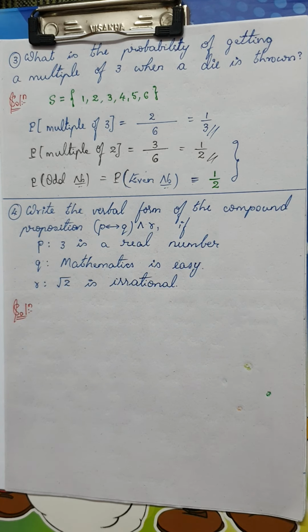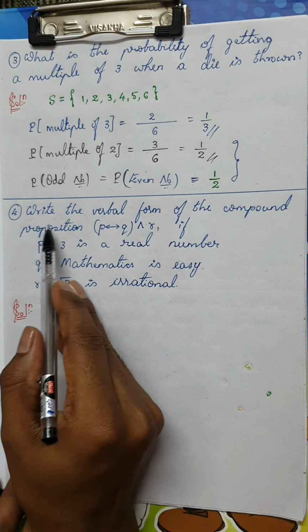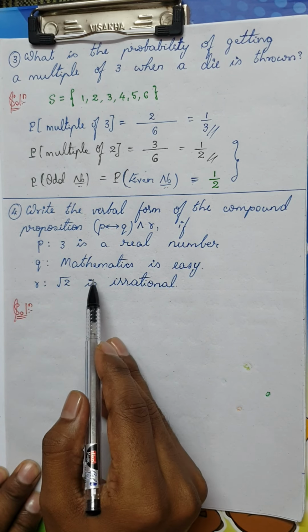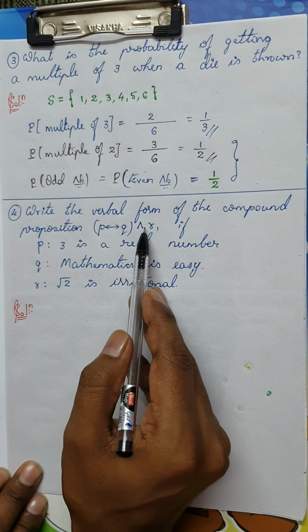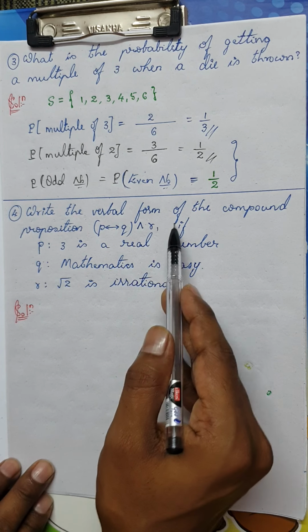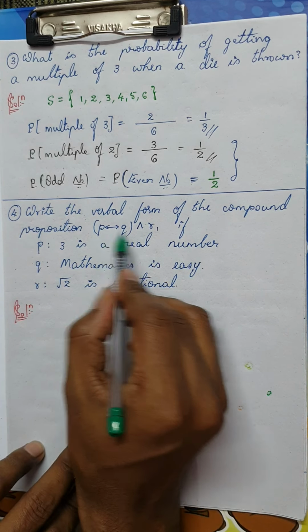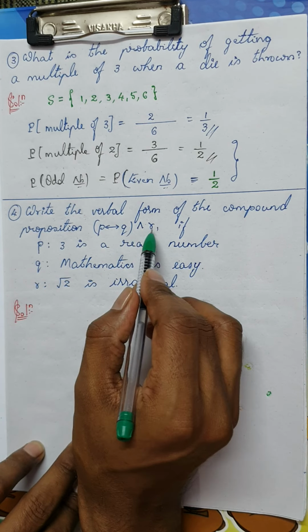So the next question is pertaining to mathematical logic. Write the verbal form of the compound proposition. Your symbolic form is given and the propositions are separated. You have to write the verbal form. First you have to check what the proposition given is. So the compound proposition is